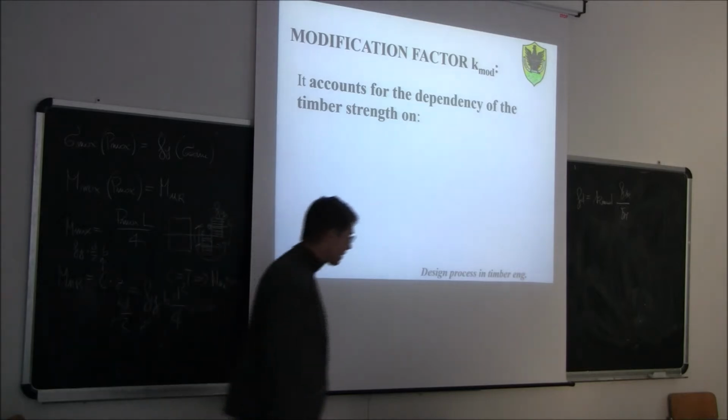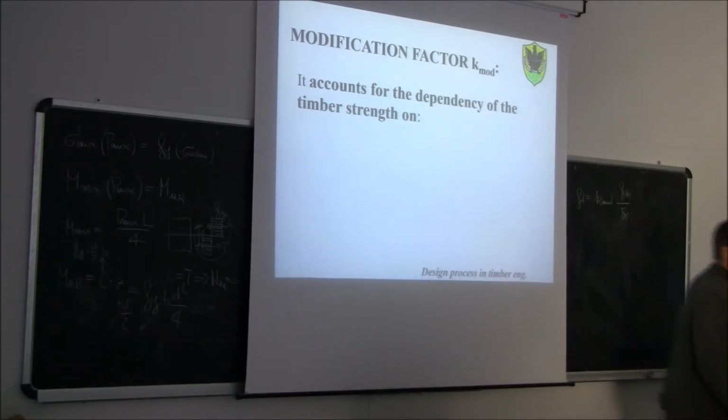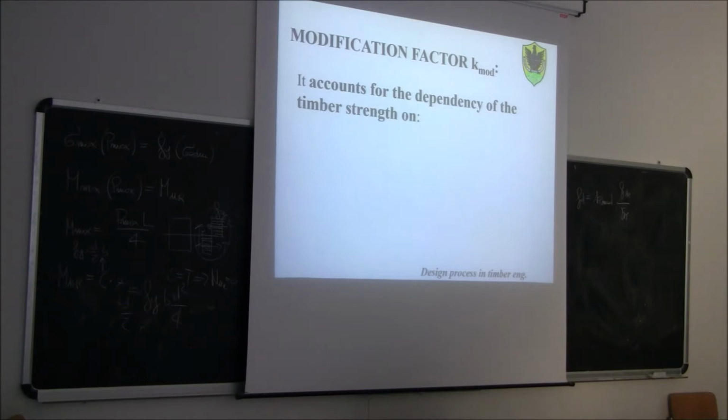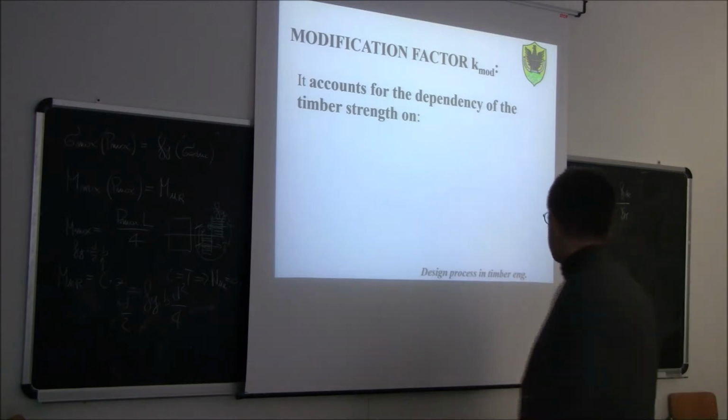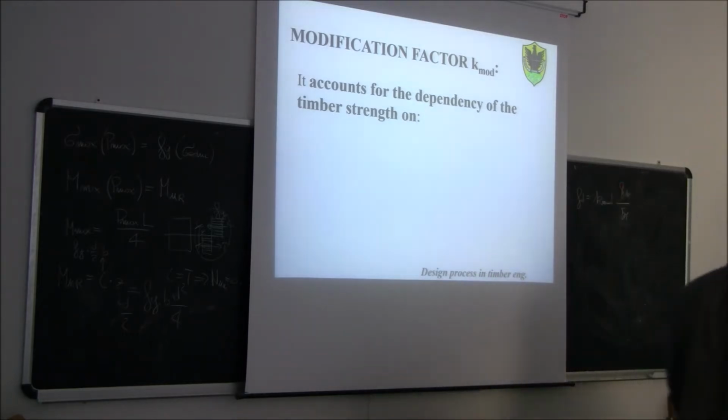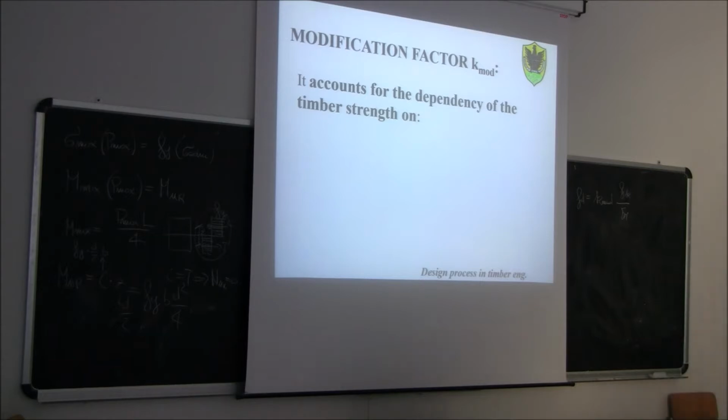If you remember, we said that for a given material, the design strength is calculated according to this equation. So there is a modification factor taking into account the influence of long duration and moisture content times the characteristic strength divided by the material partial safety factor. On Monday we discussed characteristic strength and material partial safety factor,